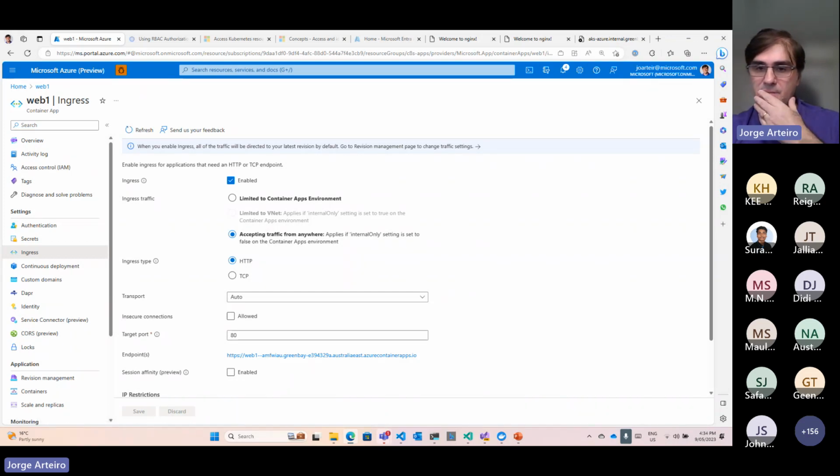Someone asked about API management. Yeah, API management is a product that I used to talk a lot about, and it is a way to consolidate all your APIs in one place and have a single endpoint. Then you call API management, and API management is going to call your backend API.